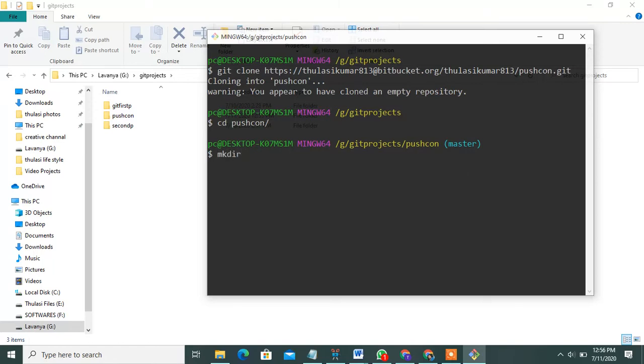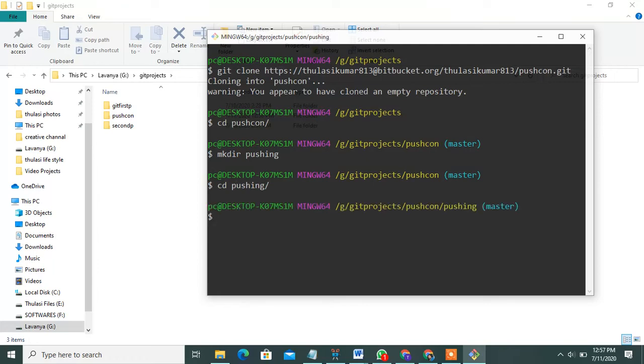Here, writing mkdir, the folder name is... and write one, create one file also. Observe, guys, how to create the folder and how to create the file also.